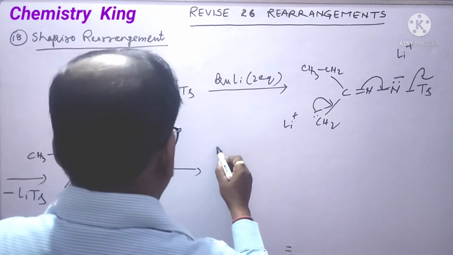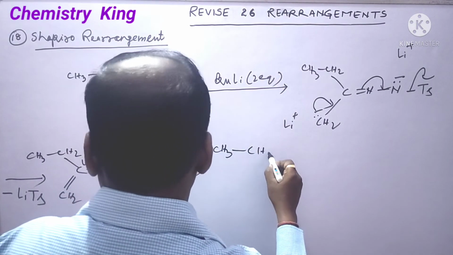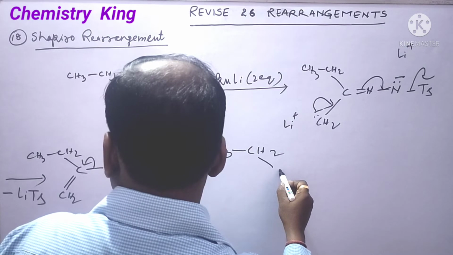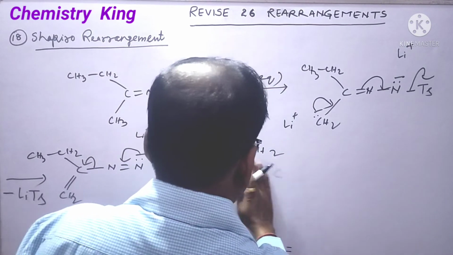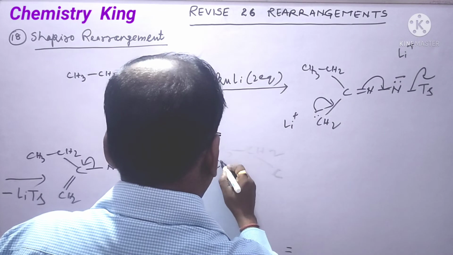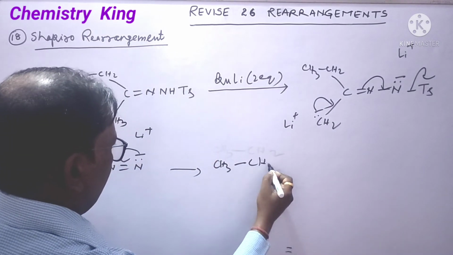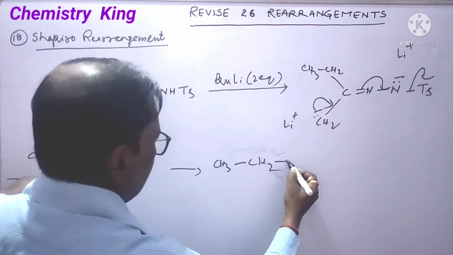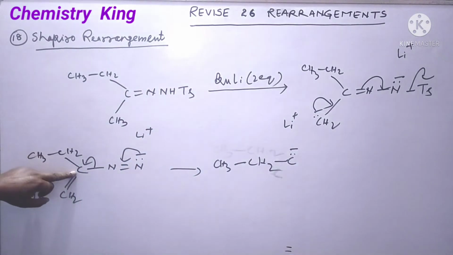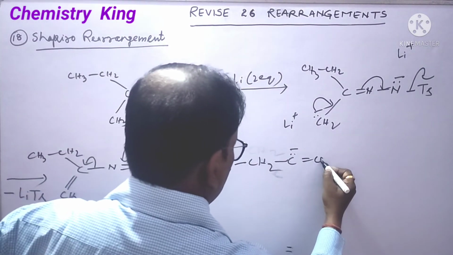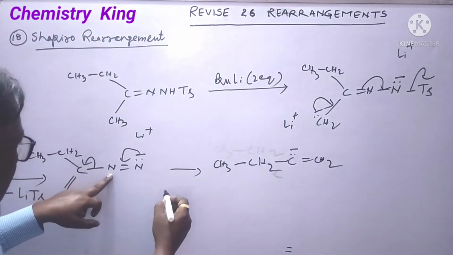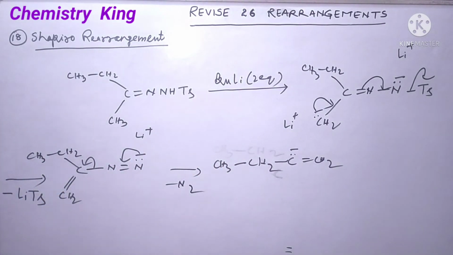And you will get CH3, CH2, C minus, in this fashion, double bond CH2, and nitrogen gas is eliminated. And here, now this carbanion will take H plus